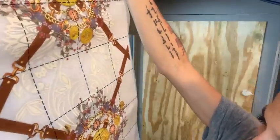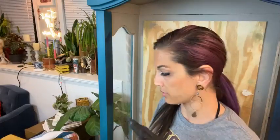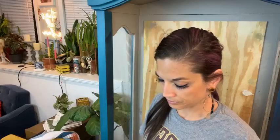So anyways, that's what I'm going to use, bits and pieces of that. And I have another idea that I might incorporate with it with some other transfers, but we're going to think that one through, and then I'll let you know. So I'm going to go ahead and get started. We're not ready for that today, but I wanted to show you so you can kind of picture where I'm going with this. But it doesn't matter, because if you have a piece of glass that, say, belongs in a hutch or a side table or a coffee table,